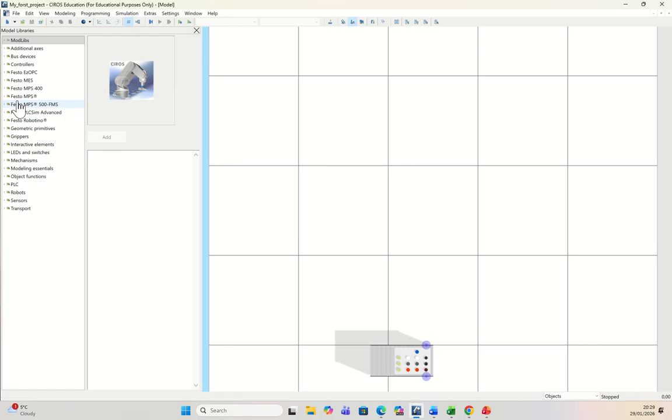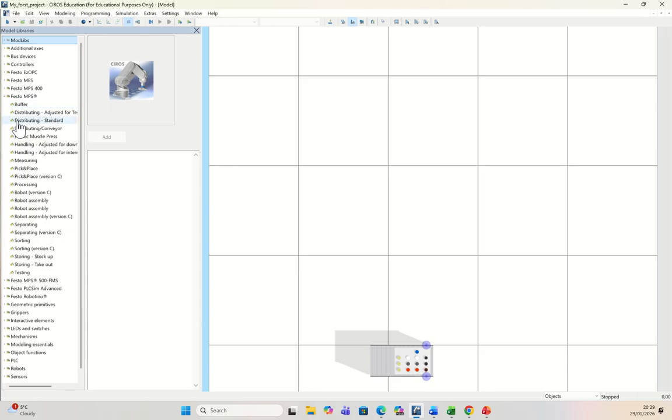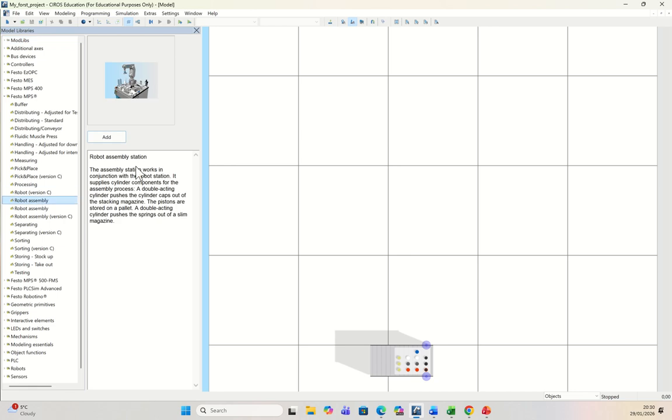So I will go to Festo MPS. I'll click down the drop down and then I will look for robotic assemble. I'm just going to use this one. There is this which is the new model which is slightly different from the old model. I'm going to use the old model, so I'll click on this first one that says robotic assemble. I'll click on that and then it appears. So this is the one, but there is also another one. I'm not going to program this. I'm programming the first one. So once this appears, I'm going to add this to that. So I will click on add